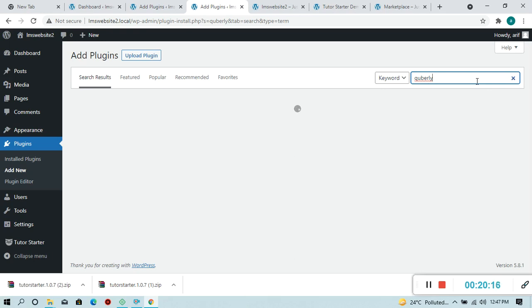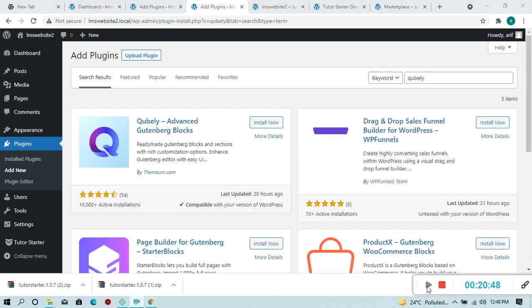Basically, my local server is working very slow. It's not a live server, so basically it depends upon system configuration. Obviously my system configuration is good, 6 GB RAM and a 1 TB hard disk, so I think that's enough. But I want to know why it's working so slow. But keep patience, because I'm also keeping patience. Now click on the install now.